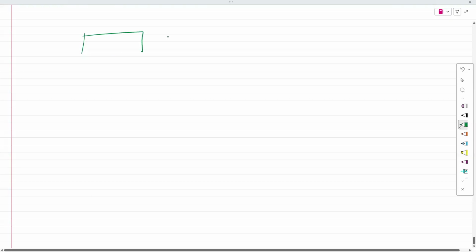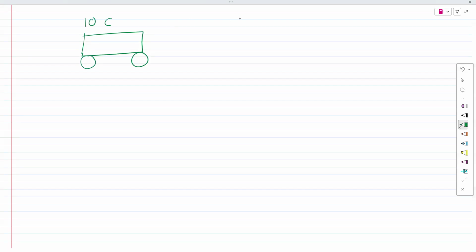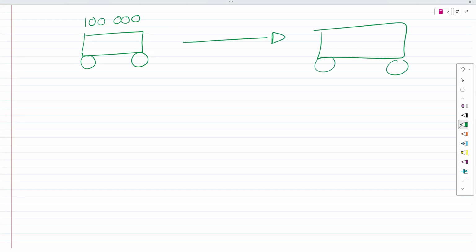Okay, guys. So again, we're going to make up our own question just to explain that simple part. So this lady got a car. And right now, this car is worth 100,000. Now, after a few years, this car depreciates. And now it's worth 60,000. And this is what the car's worth after 3 years.